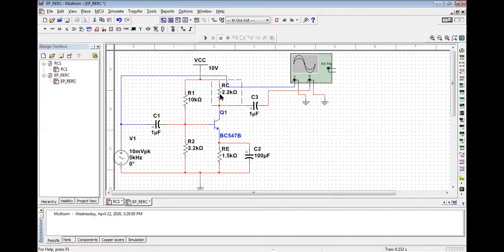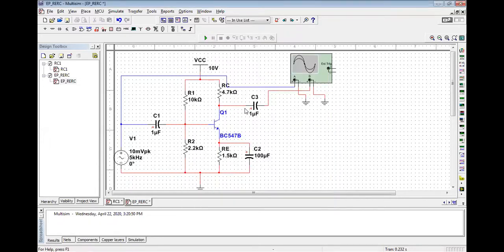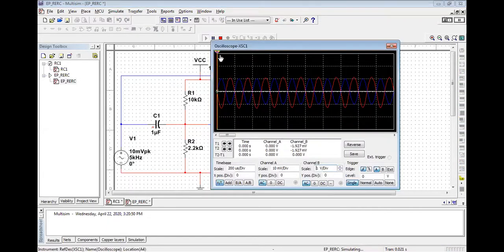Or else, to properly understand the effect, I'm going to keep this as 4.7K. So you have this reading of 4.7K. One more time, I'm going to execute this so that if you do not have the reading, you can find it is 2.38. That is the actual value of the output, T2 minus T1, 2.38 volt. So you can note down in the record book.